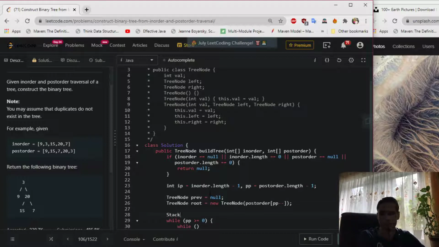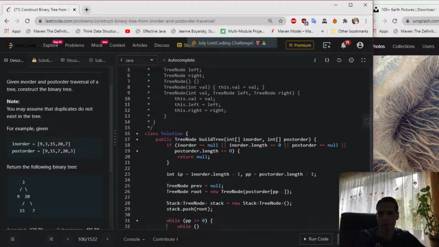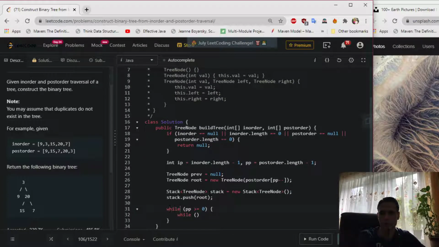We need to create a stack, of course, as well: Stack of TreeNode stack is equal to new Stack. Right here we push the root onto the top of the stack, and while this stack is not empty,